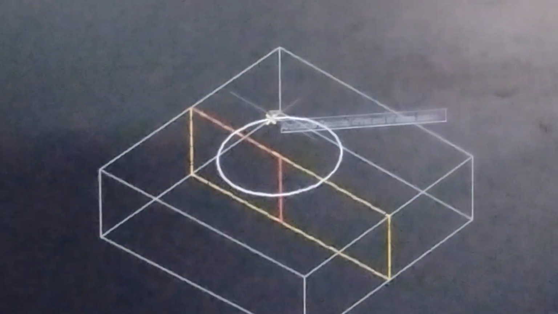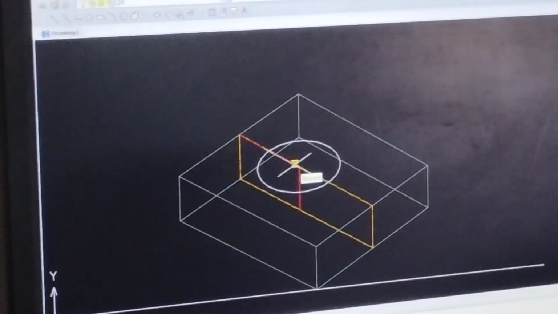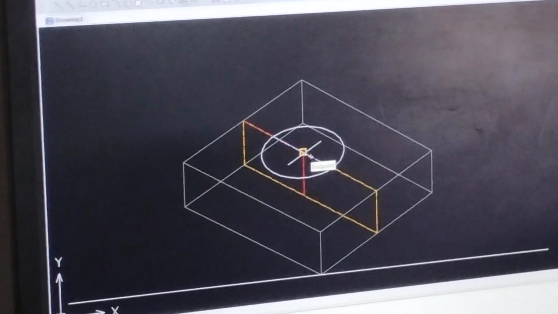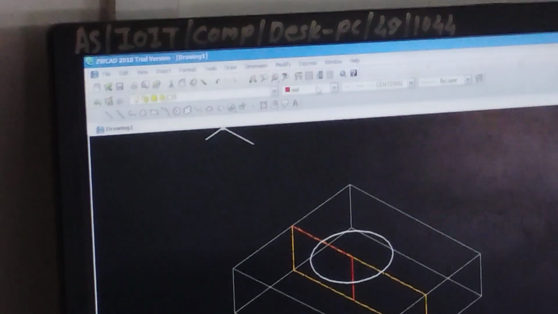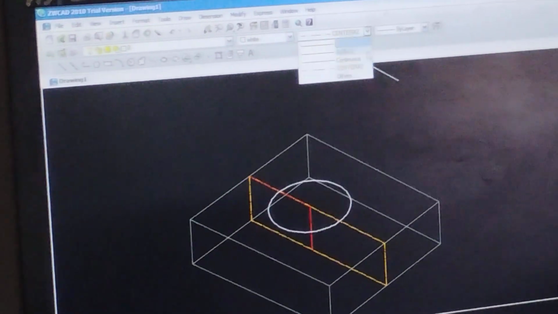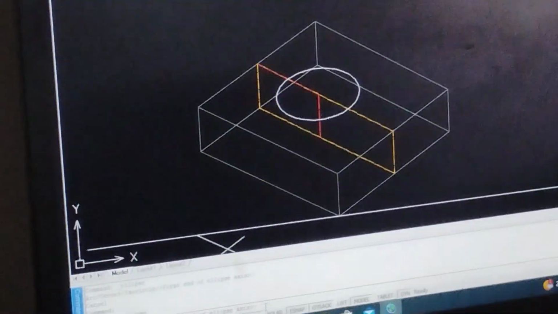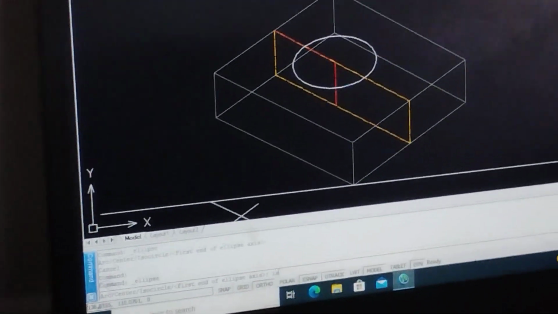Okay, center of circle. Continuous. Ellipse. Iso.